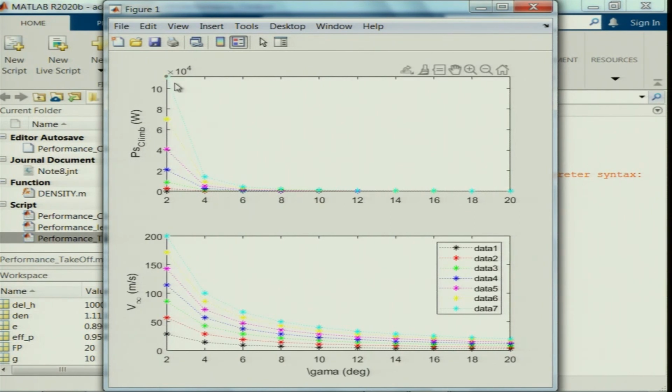Okay. So, here you can notice, as the rate of climb increases with a lesser climb angle, because the distance is fixed and the rate of climb is fixed, you need to fly at a very high speed.